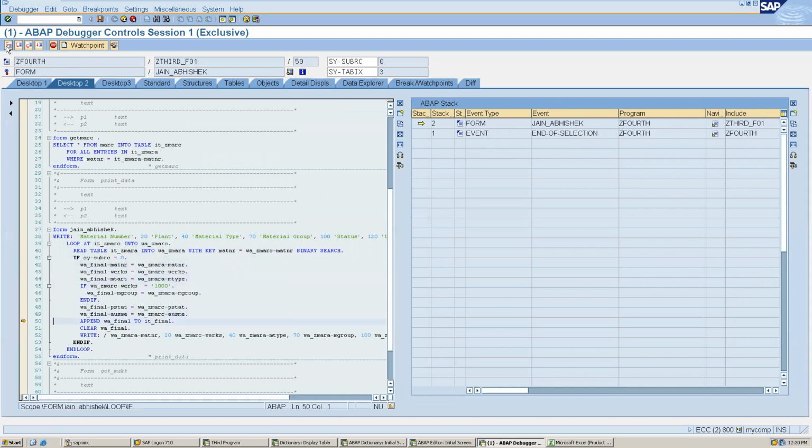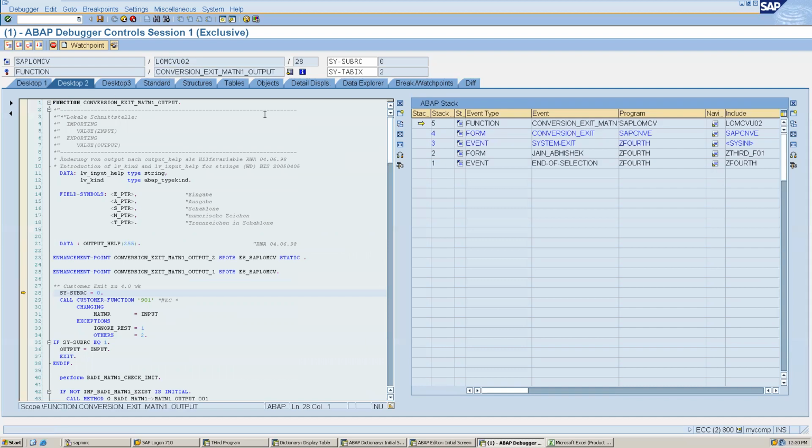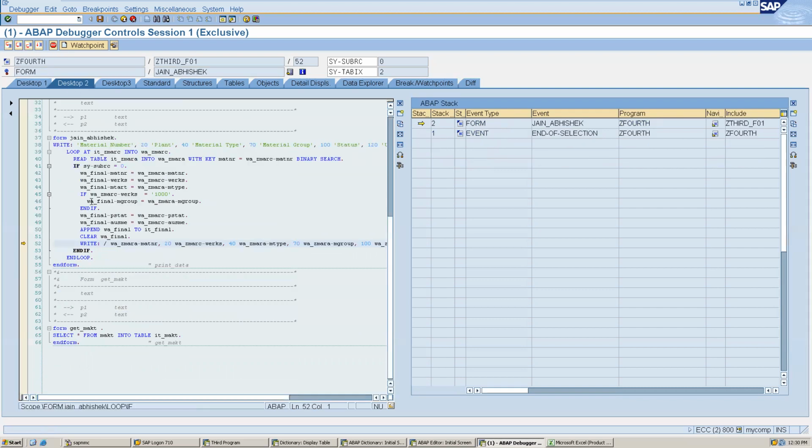See, this is very important, and if you have any doubt you can ask. Again, if I press F5, it will get inside the write, because write is a function defined by SAP, and you can see it has triggered this event and this form and function. So now I am here, and if I have to come back here, I have to press F7. If I press F7, it will return here.